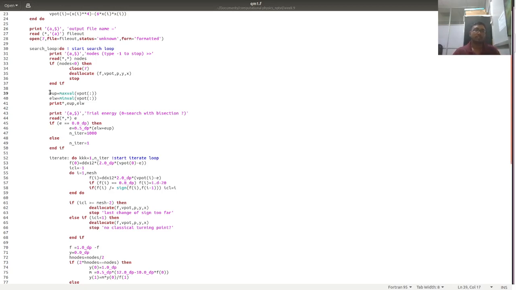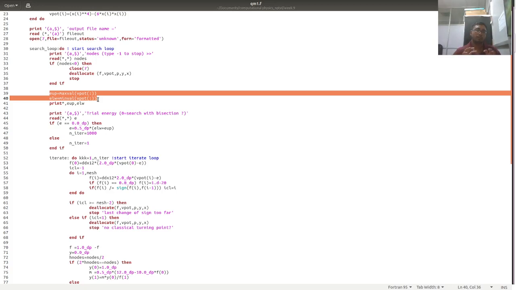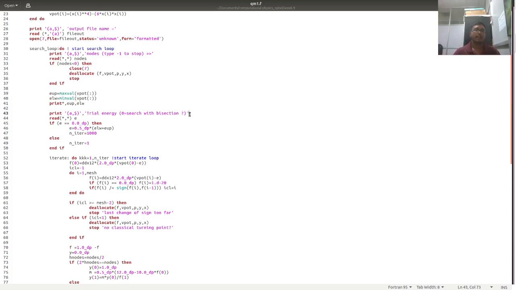So these are the two things which are going to calculate your minimum as well as maximum value. Now it is asking for the trial energy. So we have to assign a value for trial energy at the beginning of our iteration. If we don't have much intuition about how much trial energy we are going to get, then I safely assign 0, and as soon as I assign 0, then it will move on